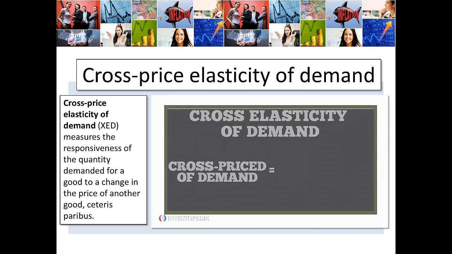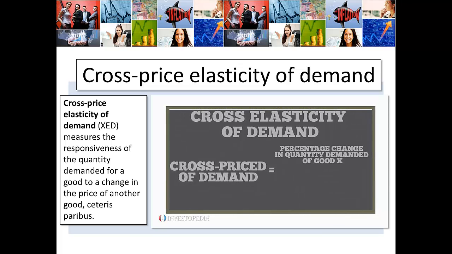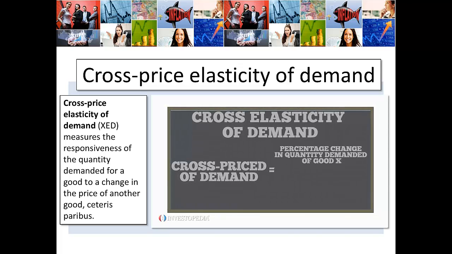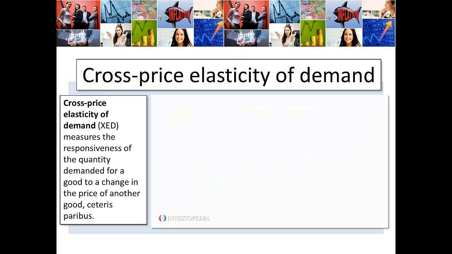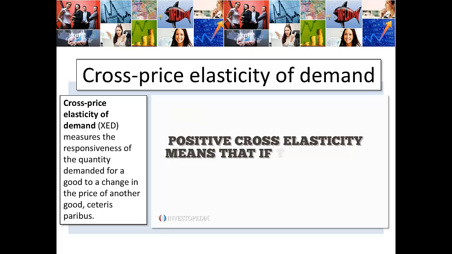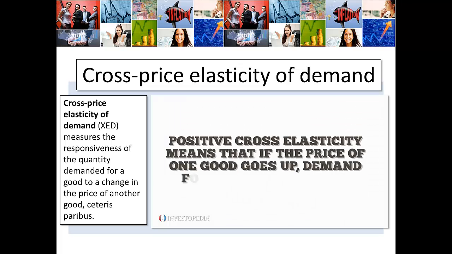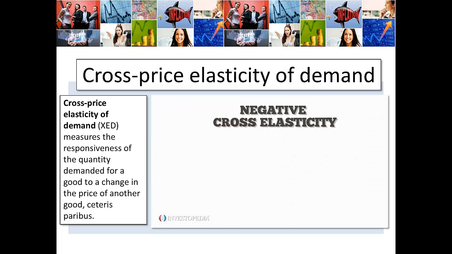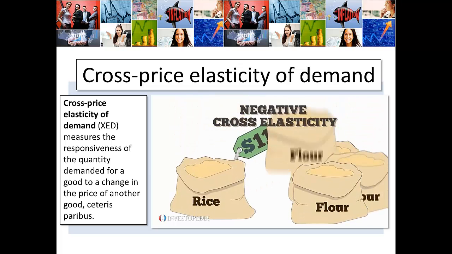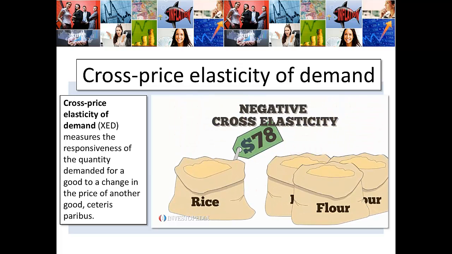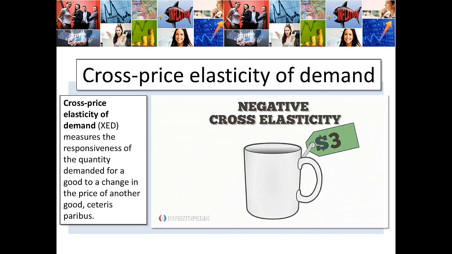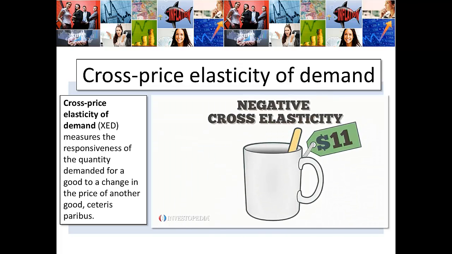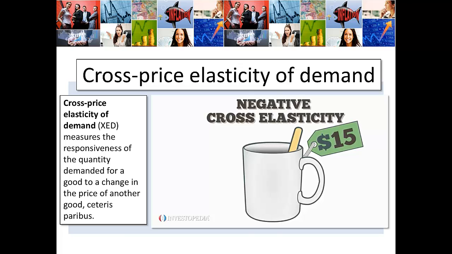Calculate the cross-elasticity of demand by taking the percentage of change in the quantity demanded of one good and dividing it by the percentage of change in the price of a substitute. Positive cross-elasticity means that if the price of one good goes up, demand for another does too. With negative cross-elasticity, an increase in the price of one good causes the cost of demand for another complementary goods demonstrated as that. If the price of flour increases and everything else stays the same, the quantity demanded for associates